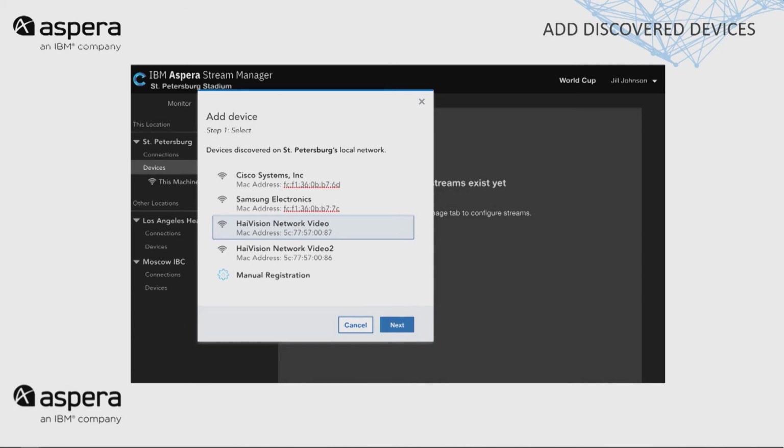So potentially, this could not just say high vision network video, it could say high vision and a specific model number. You could even go all the way to say how many inputs and outputs it has. That's very possible if the database was provided. But you're also seeing the Cisco up here, which could very well just be the switch it's on. This concept of auto discovery we're showing, particularly for this group, as video, but there's no reason it has to be video. You could conceivably connect two non-video devices on a network using it and manage it that way as well.